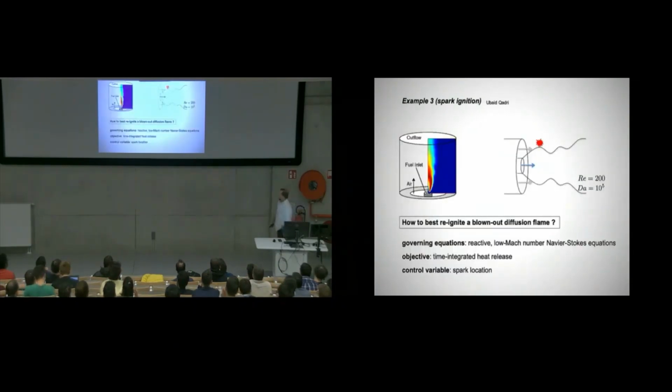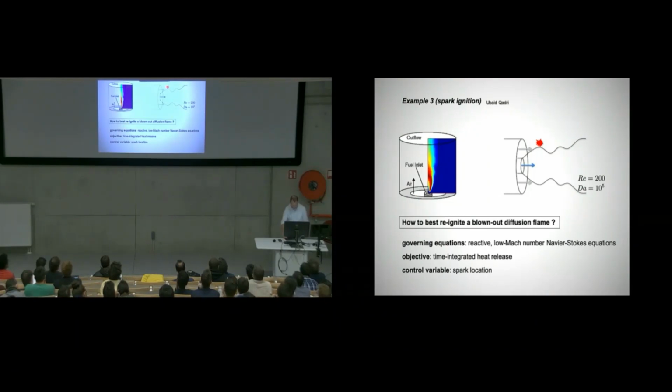All right, third example, spark ignition. That's joint work with Ubay Quadri from Cambridge. So the question here we had is, let's say you have a flame and the flame blows out. That's a very dangerous condition for a pilot. You're up there, engine goes out, you need to restart the engine. Okay, if it's a fighter pilot, you want to have it restarted on the first trial, right? So you want to do it as best as you can. Okay, maybe a commercial airliner can try a few times, but a fighter pilot needs to have an engine to